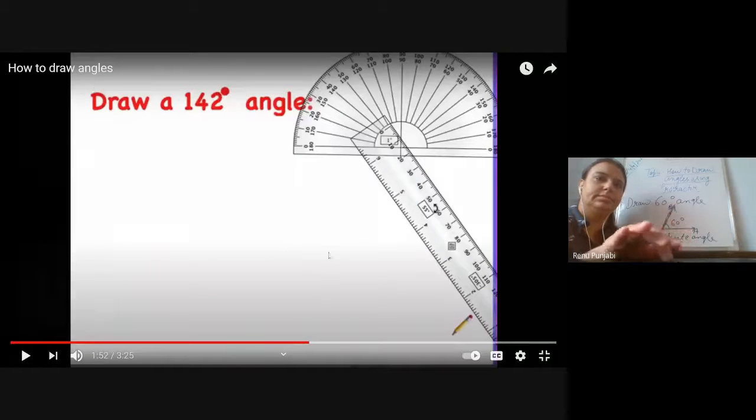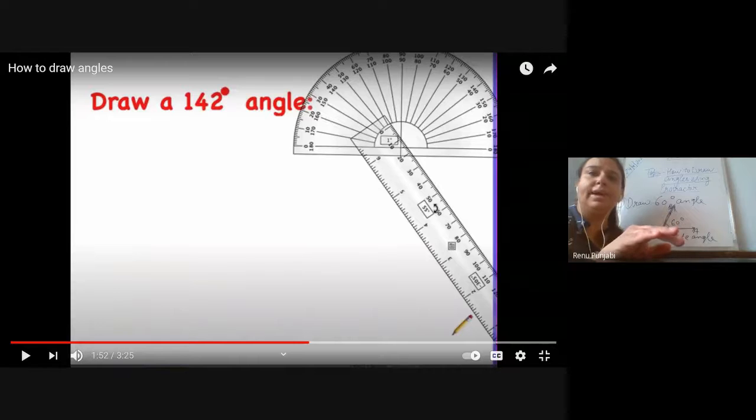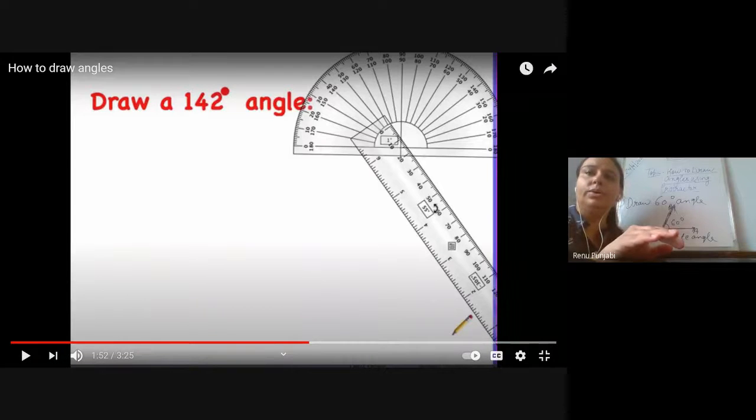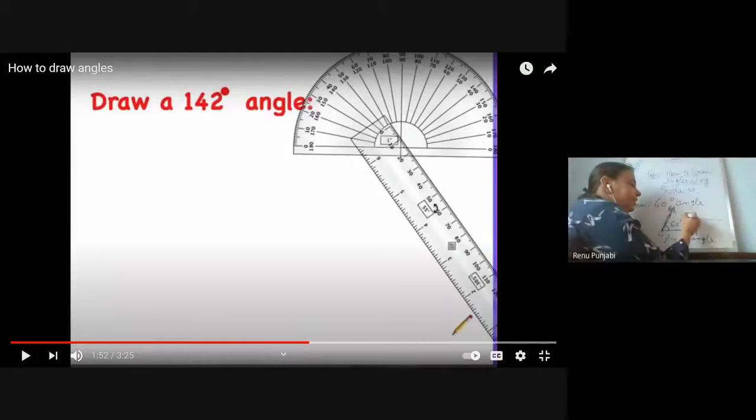In this case, the 55-degree angle is done by everyone? You have to be a little faster. See, this video is showing that they have taken the ray in another direction. But for 55, if you are taking the ray direction this way and your vertex is here, from now, if your direction of the ray is here, is my board visible to you all? Yes, ma'am.